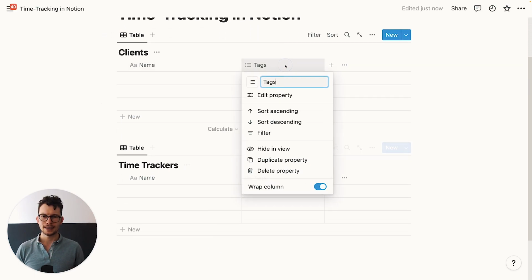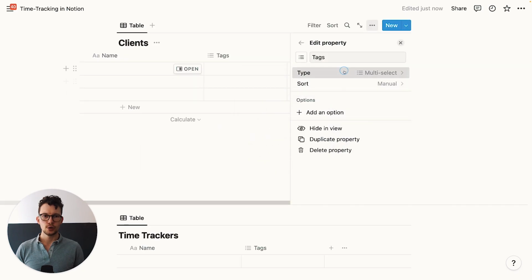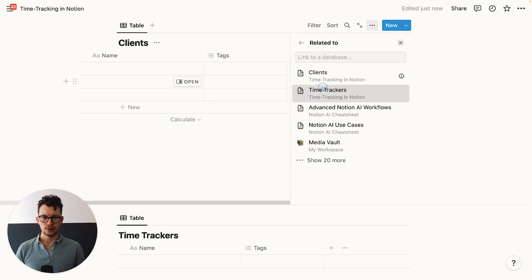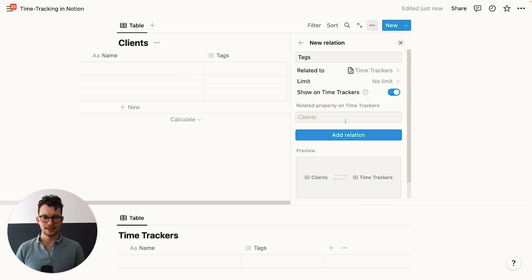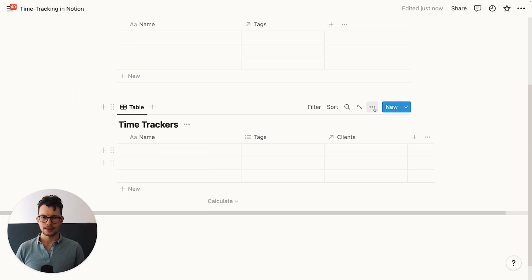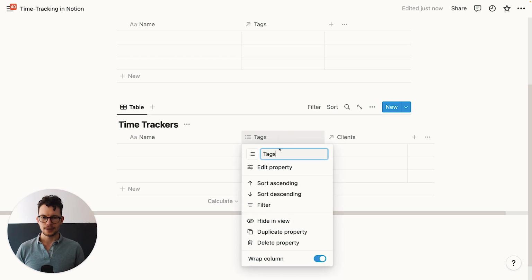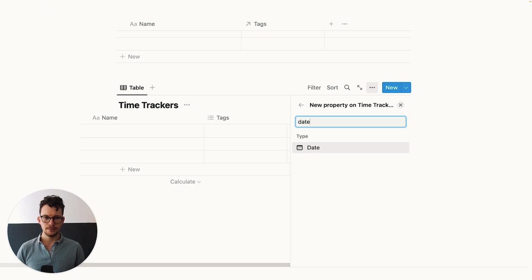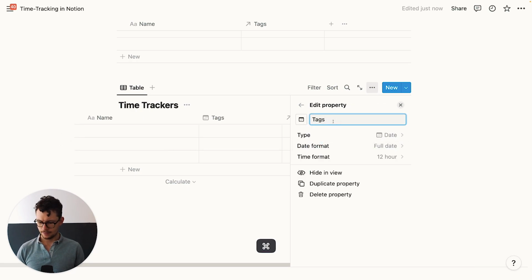So in here for clients, I for now just want a relation to my trackers. So I look for the relation one and we will go to time trackers, show it on both sides. And then in the time trackers, we have our clients, and then instead of this one, we will need a start date time. So this will be changed to a date property, our start time, and then I can just duplicate this one and call this our end time,